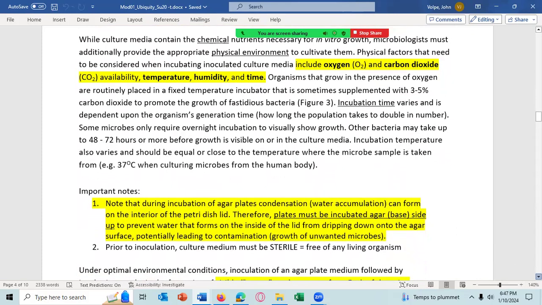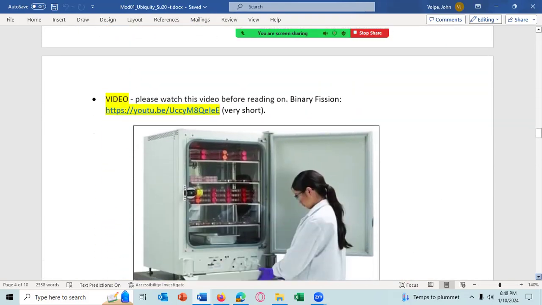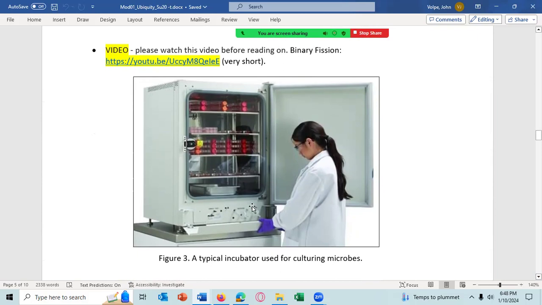Let me show you an incubator. Here's a fairly complex one that can set different dials, probably for the amount of oxygen and carbon dioxide, as well as the temperature. And you notice this container here, what we do is we put water in there and then shut the door, and this warms it up, causing humidity to occur in the incubator.